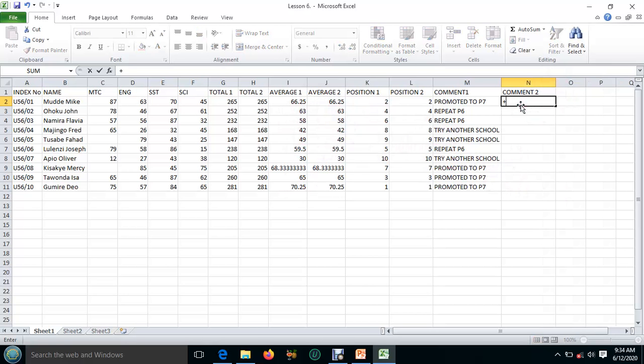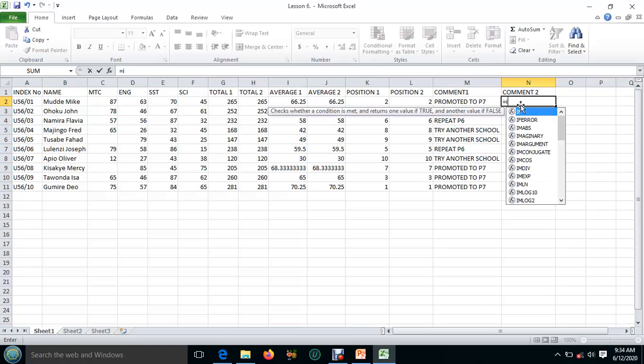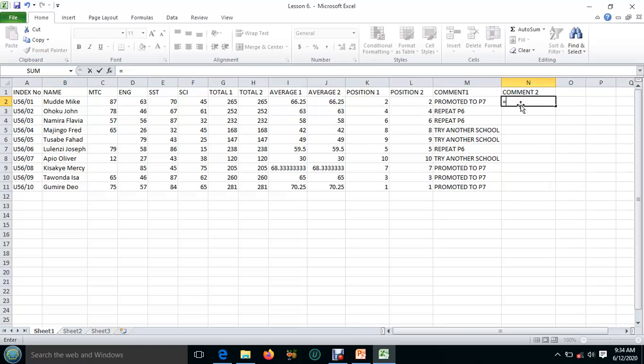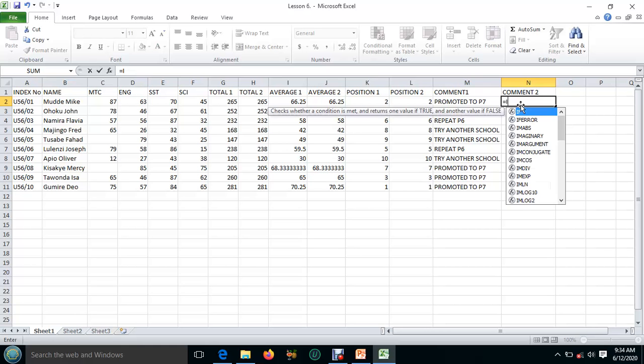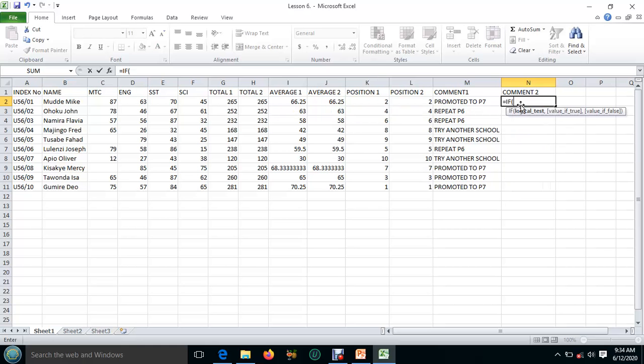Equal, function name, bracket. If we are still on this average, if this cell, we click on it, is greater or equal to 65, comma, the comment should be promoted to P7,